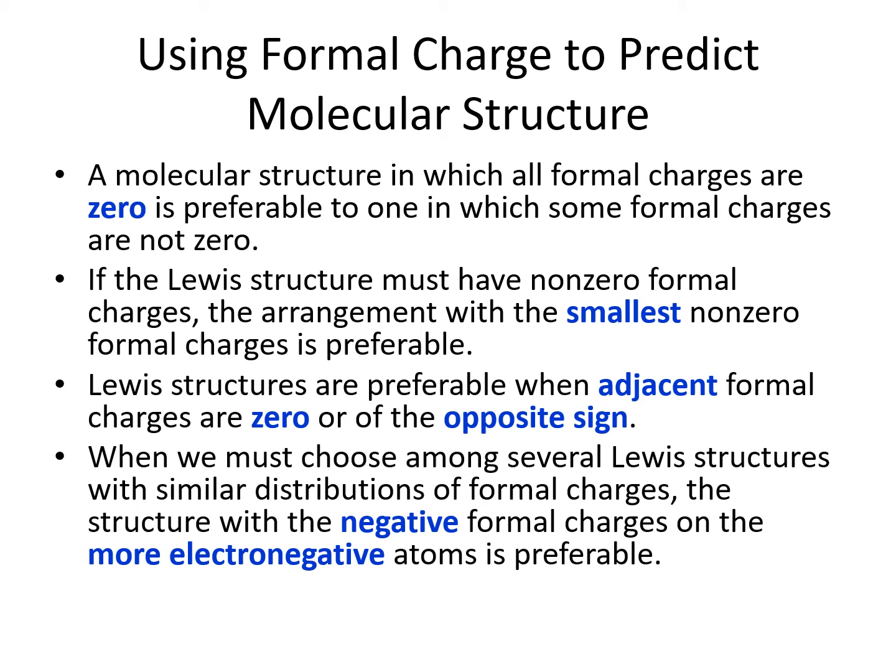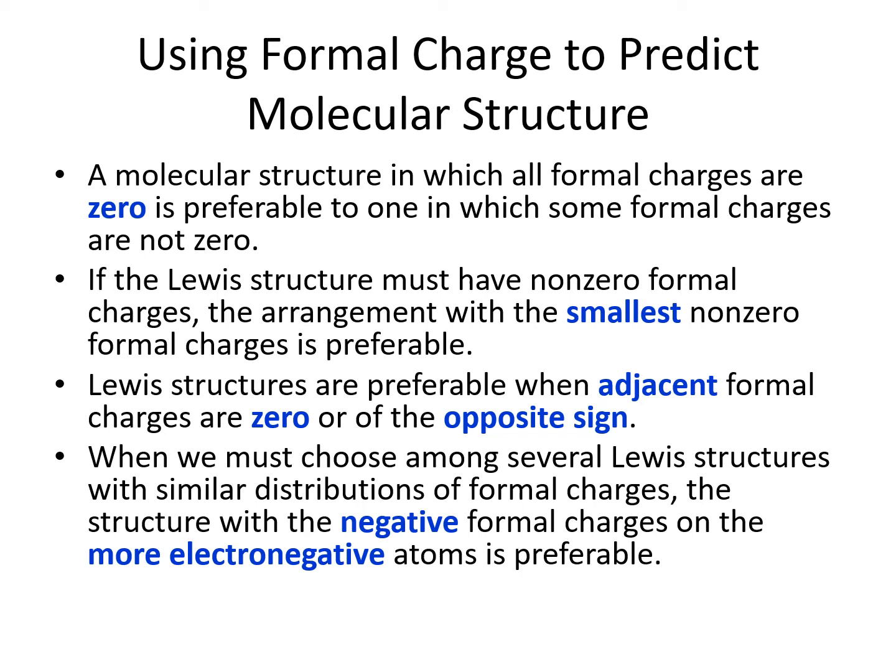If we can get the formal charges to all be 0, that is going to be the best option. If that is not possible, we want the smallest amount of charge on each atom. +1 or -1 are going to be better than +2 or -2. When two atoms are next to each other and have a non-zero charge, it is better if those charges are